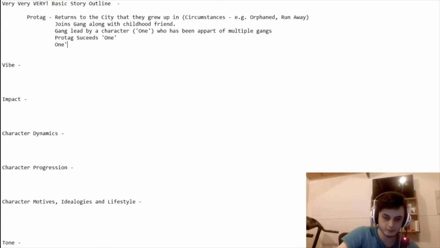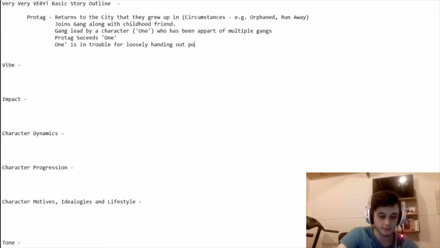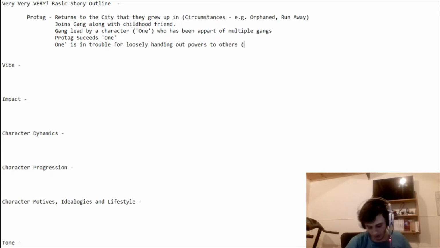One is in trouble for loosely handing out powers to others. The main idea of what I was going to do is have the gangs be in control